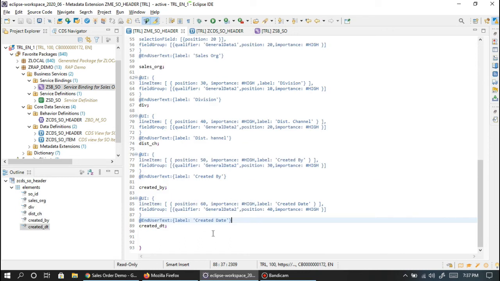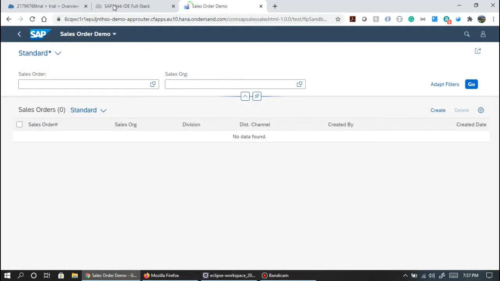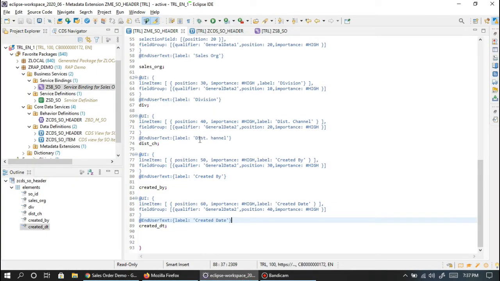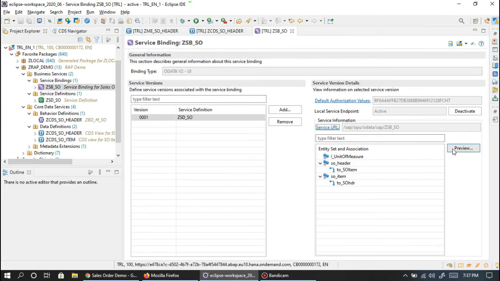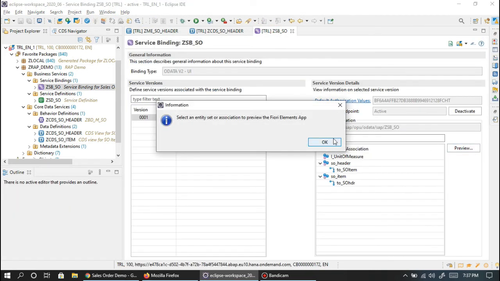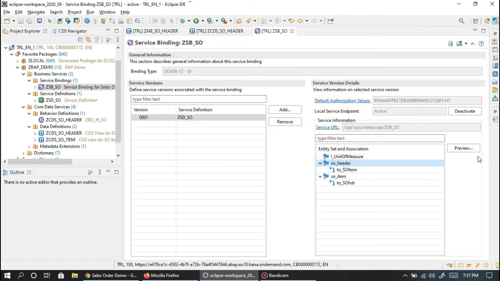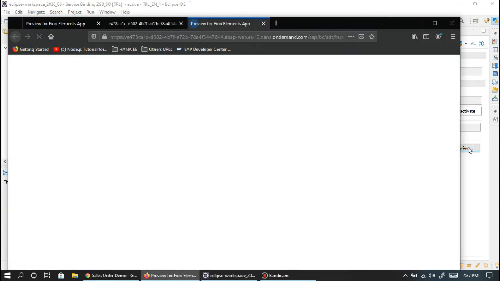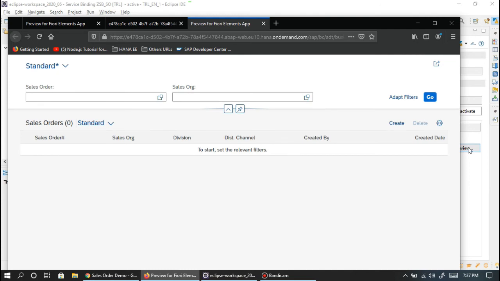I just wanted to show that if I now try out the same Fiori application, maybe from the binding, if we go for preview, we need to select something. Let's click on header and go for preview. How does it work? Is it creating any trouble? No, created by, created date, something not correct.